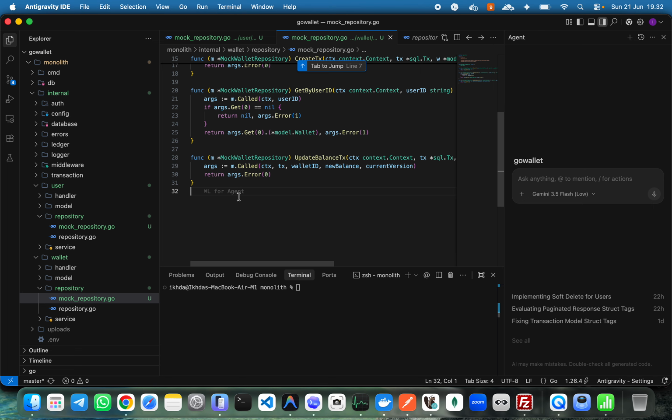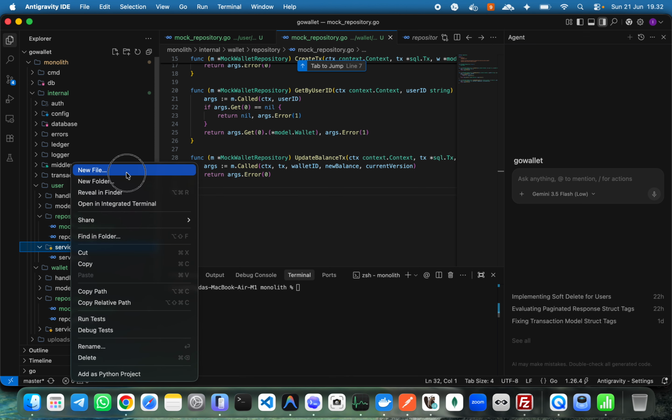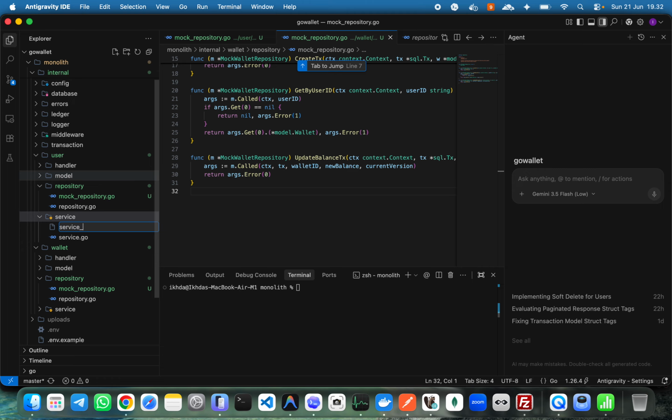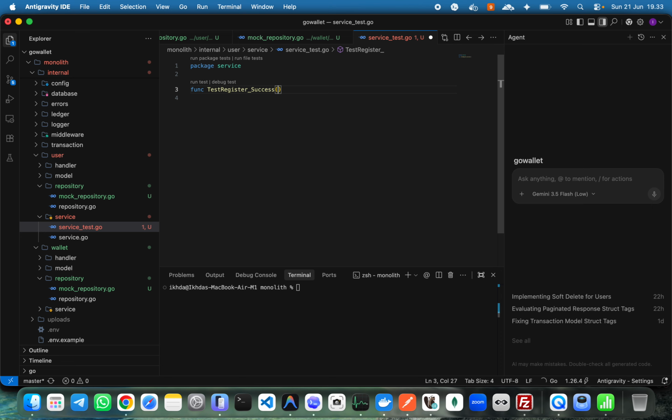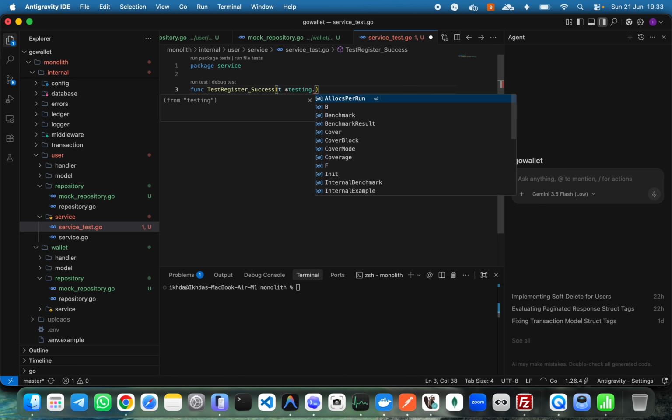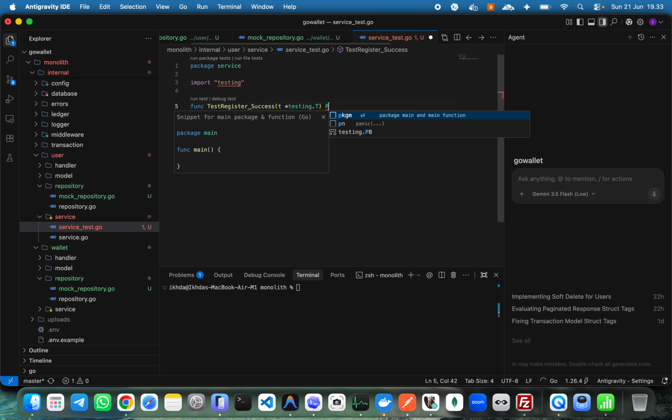And then we create the unit test for the register. We do it in the internal user service, and then service_test.go. This one we can do package service, and func TestRegisterSuccess, t equal testing.T, and initiate